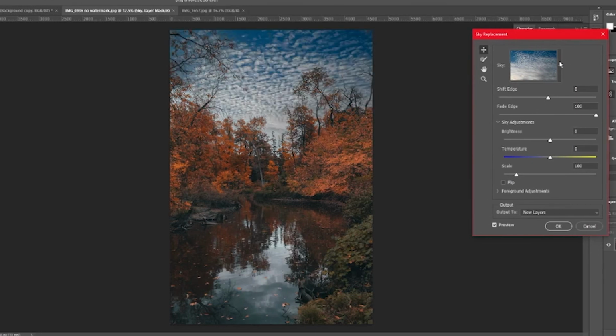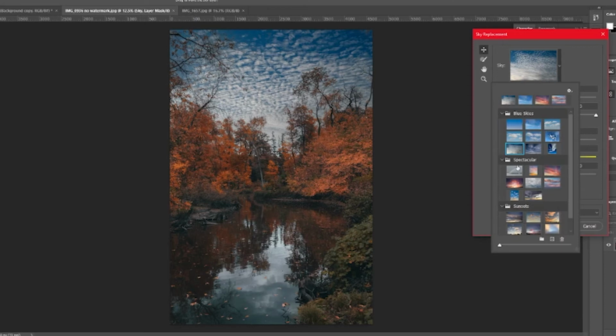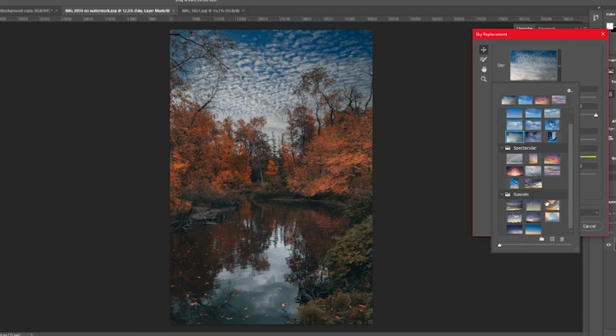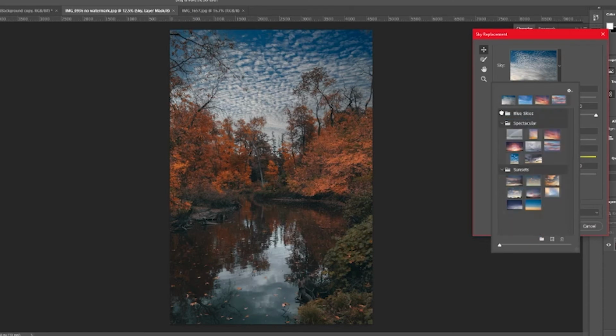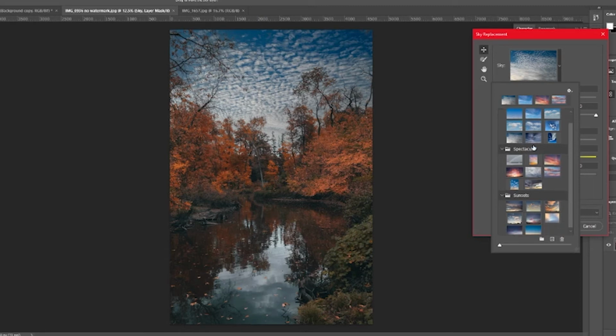What's cool too is that you've got the drop down here, and then there's different options, like sunsets in one thing here. So if you want to get a sunset, you can put that in there. But honestly, is there more here? Does this drop down more? Doesn't look like it drops down more. But I would